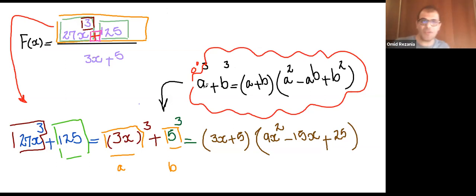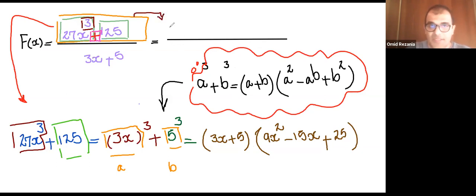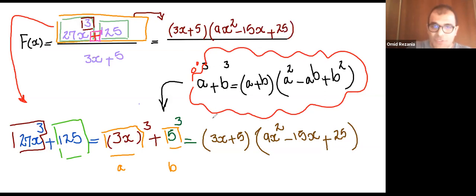That's the thing which I can think of as a sum of cubes. They call that sum of cubes. If I know this method right now, then I can go back to the previous line which I had, and write it like that. Now the thing which I want to do is this. I'm just going to write this expression as 3x plus 5 times 9x squared minus 15x plus 25,